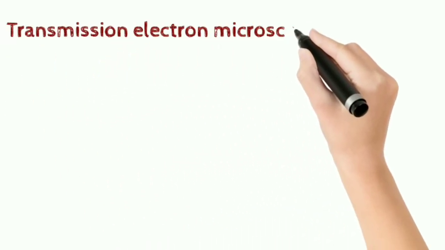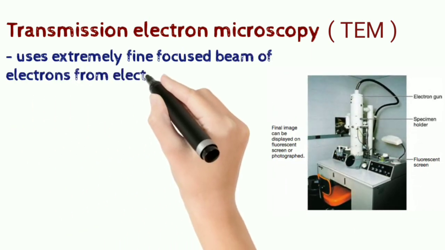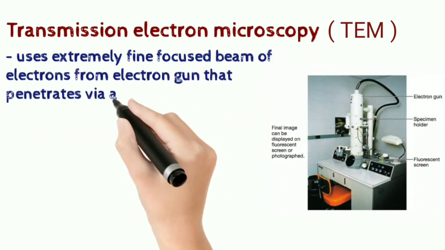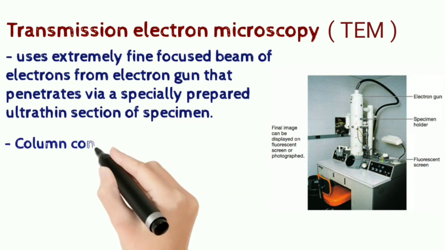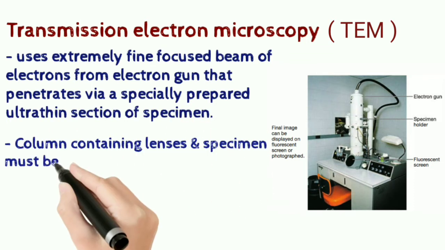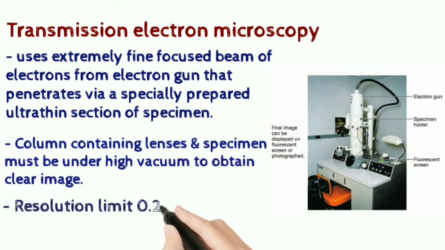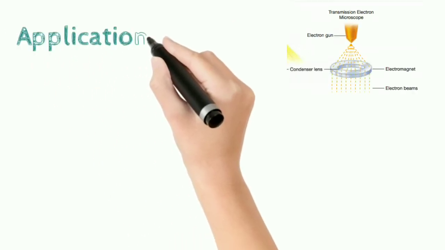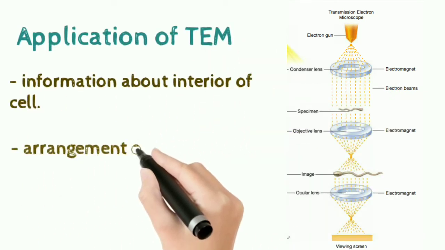Transmission electron microscopy uses an extremely fine focused beam of electrons from an electron gun that penetrates via a specially prepared ultrathin section of the specimen. The column containing lenses and the specimen must be under high vacuum to obtain a clear image. Resolution limit is 0.2 micrometer. Application of TEM is to see information about the interior of the cell and the arrangement of proteins and lipid